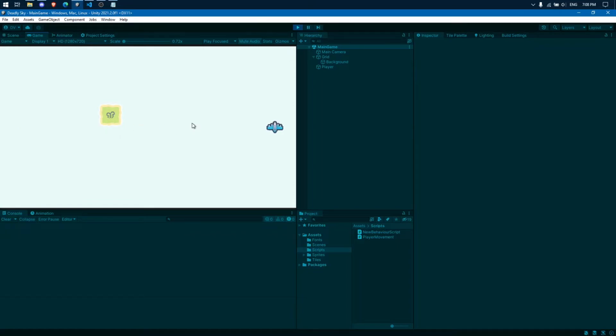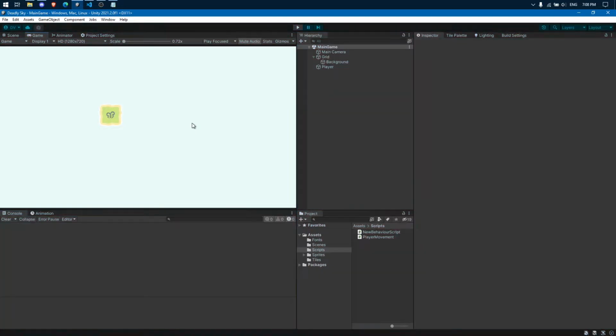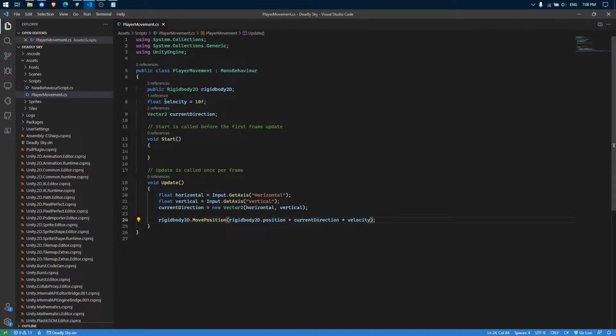If I click right, left, right, that was so fast, and it's not exactly what we want from our player. What you can do is go in here and modify the velocity to a very small value, like